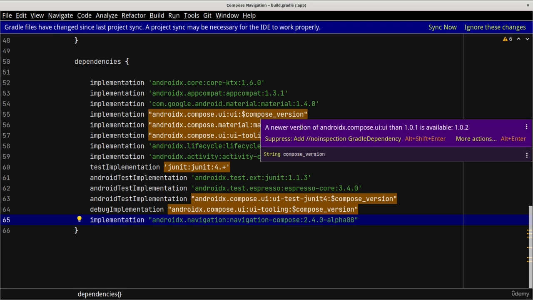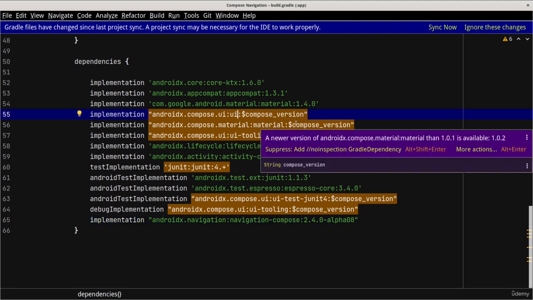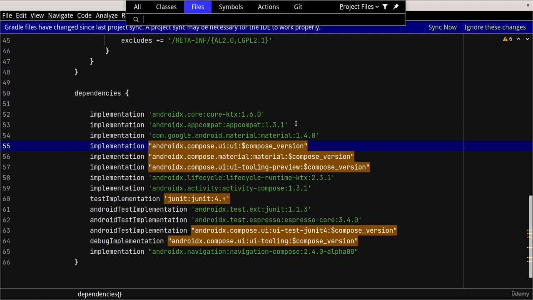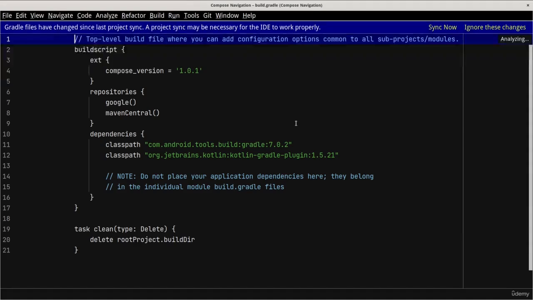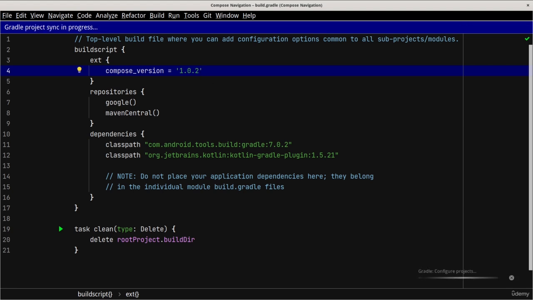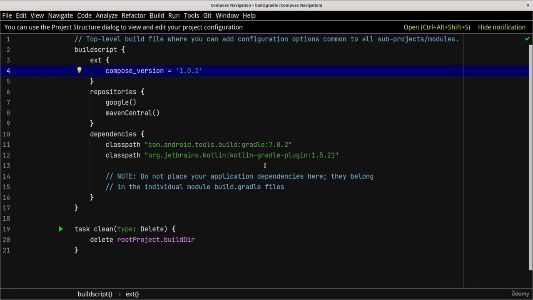and also a newer version of the Compose library is available, so I updated to the latest version, which is 1.0.2, and I can find it in my build.gradle file for the whole project. By the way, I press Ctrl Shift and N to search for a file, and once I made that change, I press sync now and wait for the project to be synced with these new changes. Alright,